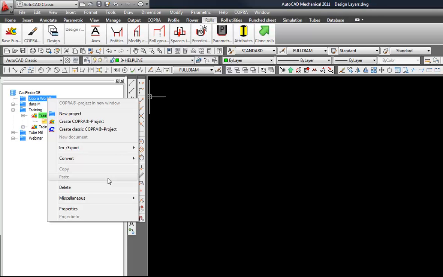So I'm going to be working with the new spreadsheet function today. So this will be a create COPRA project, and this is a parametric version, and this is shown by the new icon here. So I'm going to left select this,